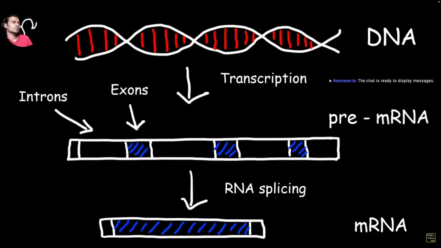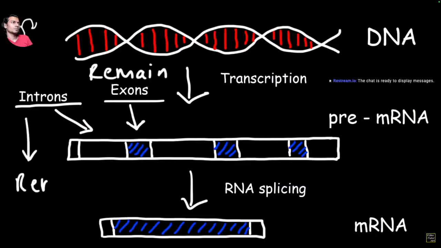Now, this particular strand has something known as introns and exons. Introns are basically longer sequences of nucleotides that do not code for anything. So these must be removed in a process known as RNA splicing. Now the exons, those are shorter sequences of nucleotides, and they're going to be used to synthesize proteins. And so the exons